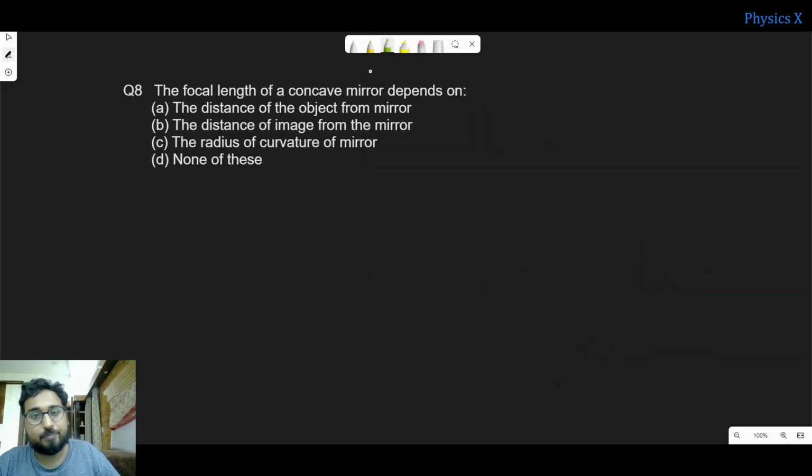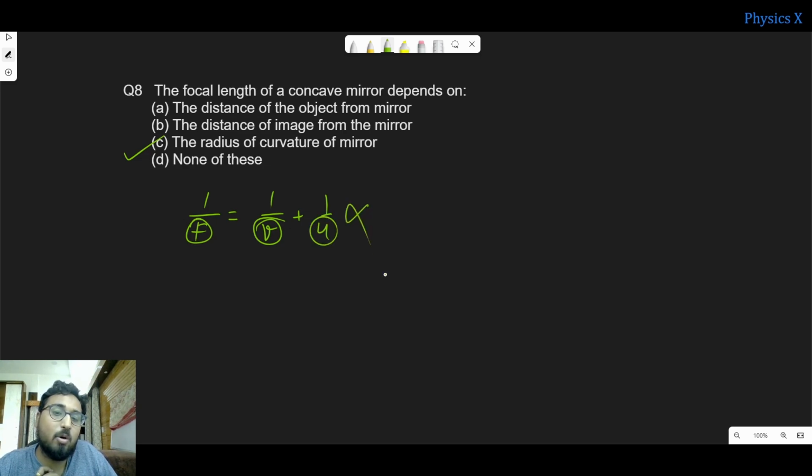Next question. The focal length of a concave mirror depends on the distance of the object from the mirror, the distance of image from the mirror, the radius of curvature of mirror, or none of these. What should be the answer? Answer is C. Why radius of curvature? Let me tell you. You will see that you can write 1 by f equal to 1 by v plus 1 by u. You can say that okay, focal length is depending on this image distance also and object distance also. No,